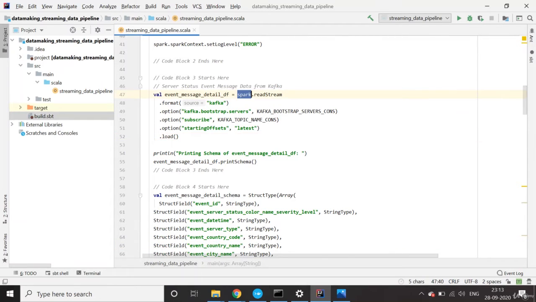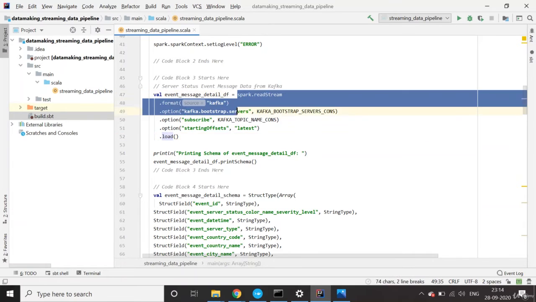What we are doing is spark session object dot readStream. Because this is structured streaming, we are going to read the data from the Kafka topic as a stream. That's why we say spark.readStream, and the source is Kafka. How do you access it? You need to provide the bootstrap server, the topic name with the subscribe property, and the starting offset, whether you want to fetch the latest data or start from the earliest data. Then use the load method to read the data from the Kafka topic as a stream.